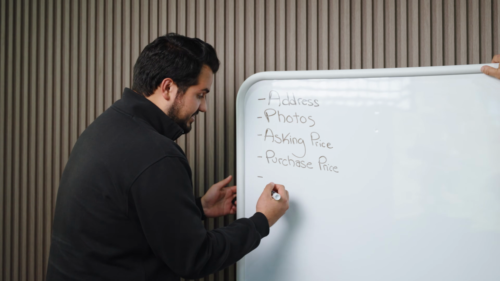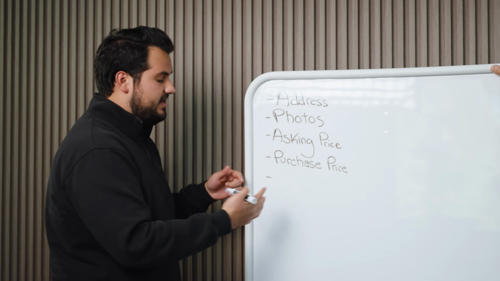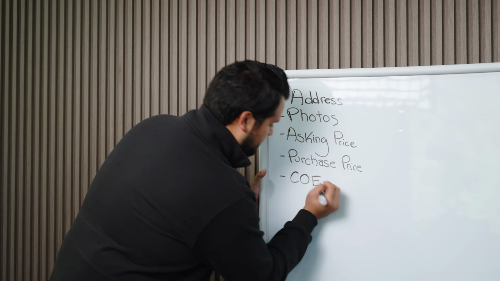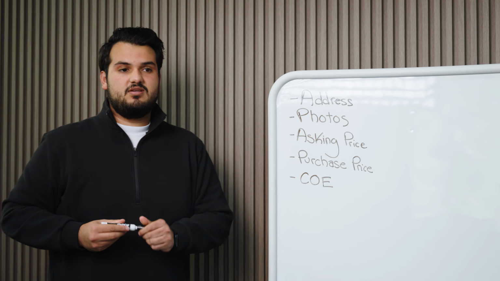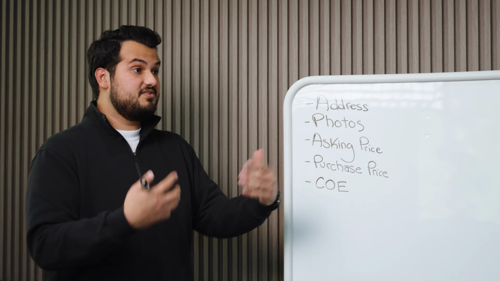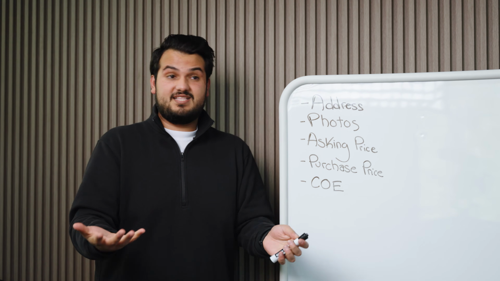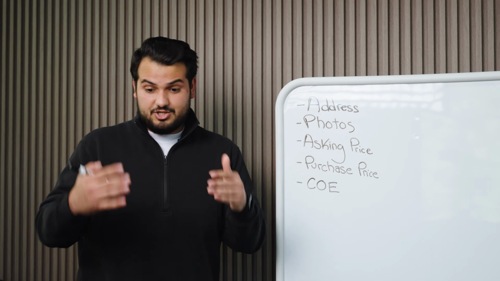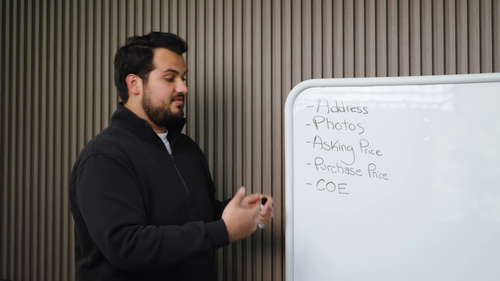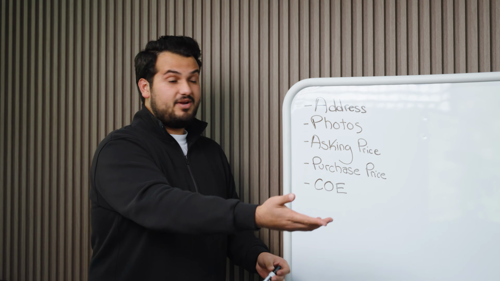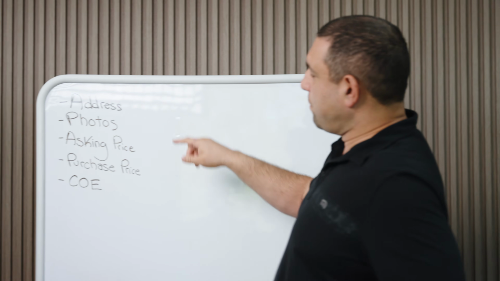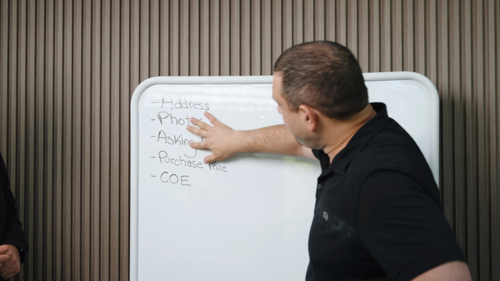Now, the last thing that we need in addition when we're underwriting for a loan as opposed to a purchase is the COE or the close of escrow. Now, this is the date that the property is going to close. Why do we necessarily need this? Well, some deals have investors, some deals Abraham is funding himself, and logistically we need to know how to plan and make sure that we're going to be funding that day so that we're not keeping the borrower waiting, that we make sure that we're communicating with the investor or with Abraham correctly so that they can deploy their funds on time.